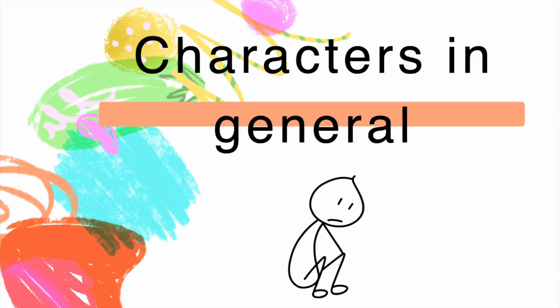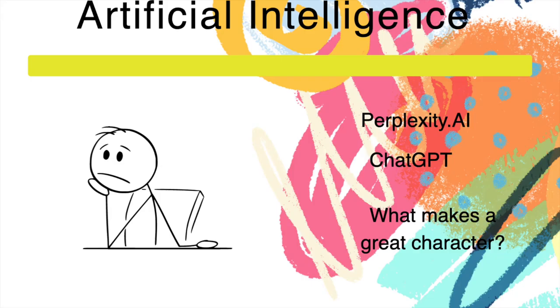And I'm talking about artificial intelligence. There are 2 artificial intelligence sites shown on the slide. I've used them both and they give similar results. So I can hear you say, how are you going to use AI to develop a character? Well, I thought you'd never ask, so I'll show you in the next few slides.